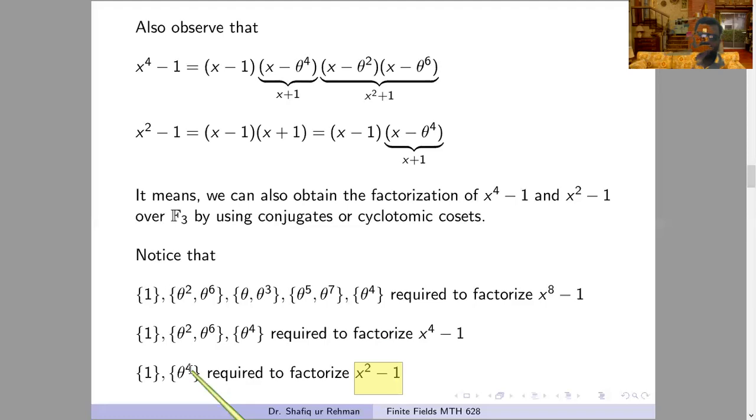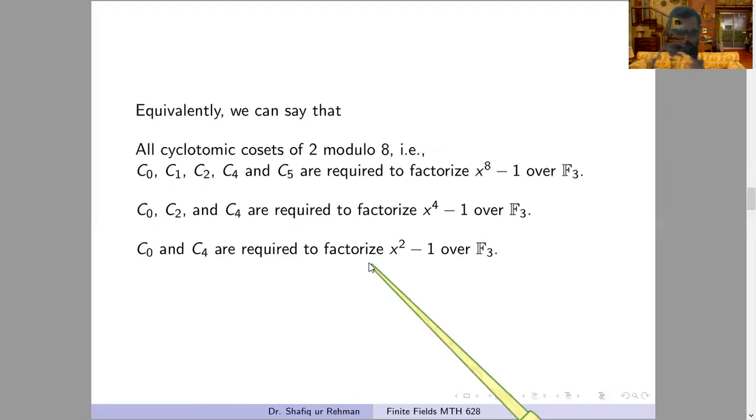And now the question is, if we take some arbitrary polynomial, some general polynomial, and we want to decide, of course, if we factorize x power q power m minus 1, all the roots will be in F q power m. We will take all the sets of conjugates. But if we take some smaller degree, some divisor of this degree, then how will we decide which sets of conjugates to take in general? So there should be some mechanism, some criteria to decide these sets of conjugates.